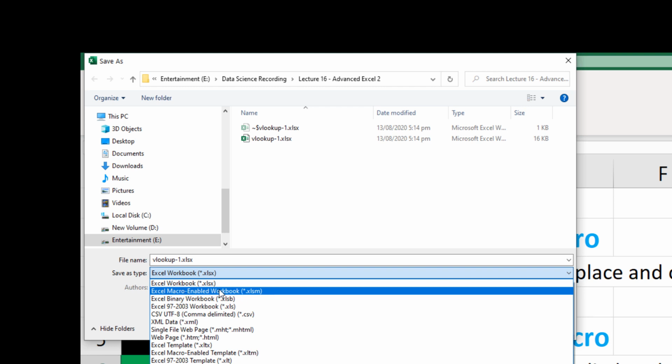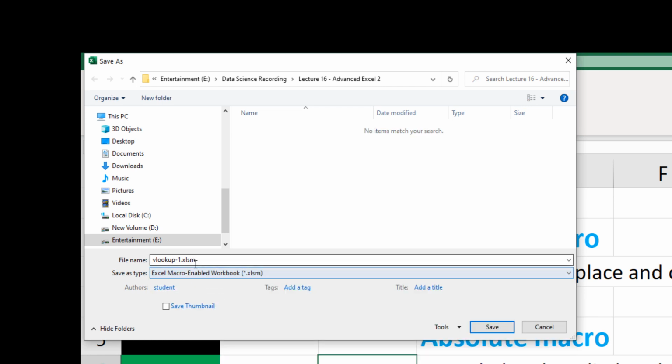Excel macro enabled worksheet should be the selected option, and the extension changes from XLSX to XLSM. So this is the difference. Now this sheet will save Excel macros. If you have macros and you save it as XLSX, the macros are not saved and they are lost once you have closed the session.